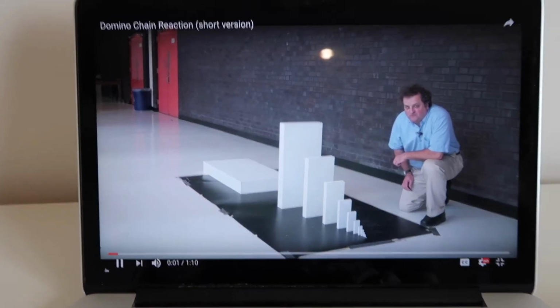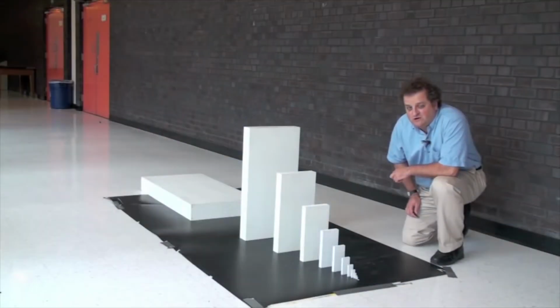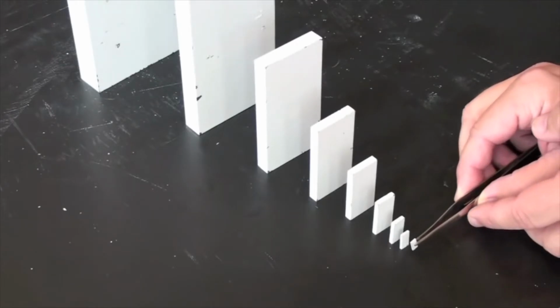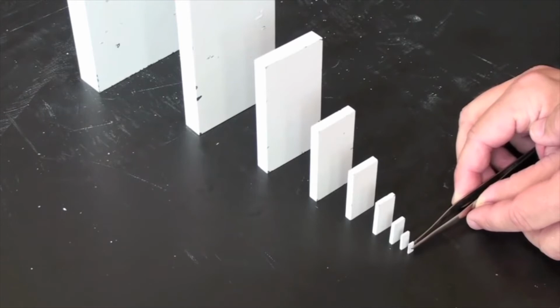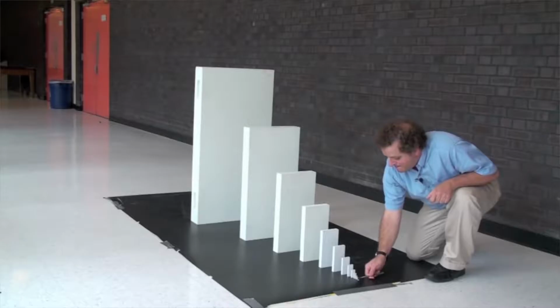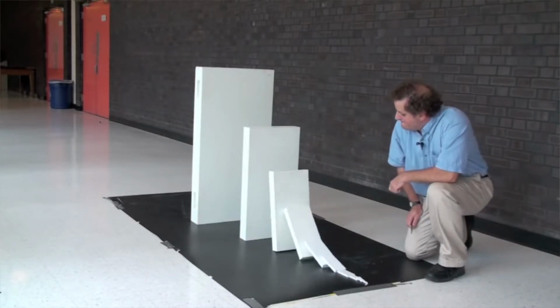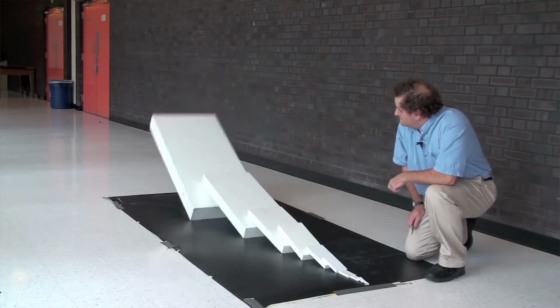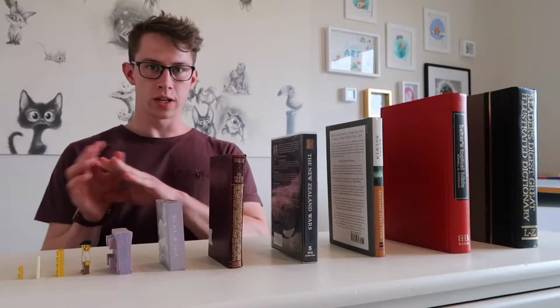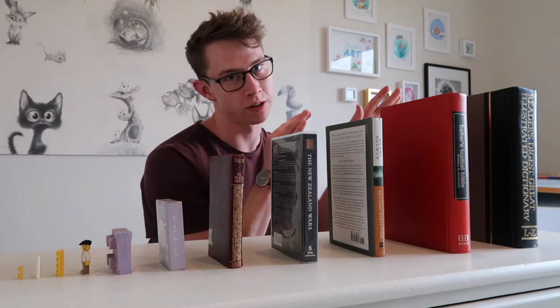Everybody knows about playing with dominoes. But what you may not know is that a domino can knock over another domino, which is about 1.5 times larger. Now, a few of you have probably already seen this video. It's where you get this little domino, and eventually it knocks over a bigger and a bigger domino until it knocks over a massive domino. Now this is very much like good networking. So here is the networking domino effect.